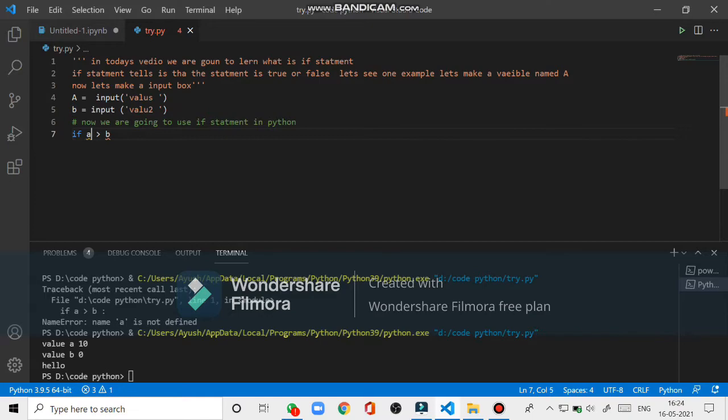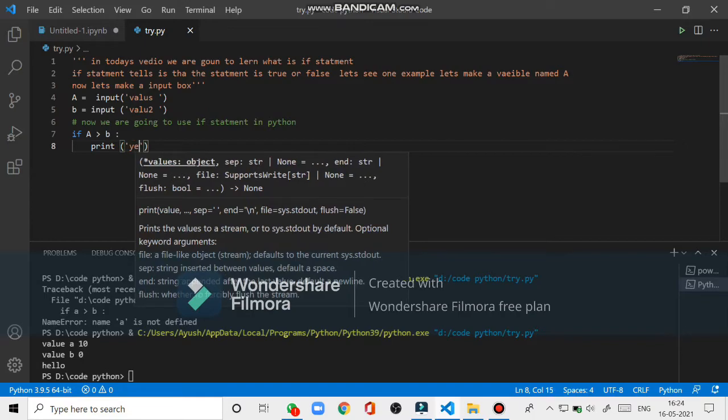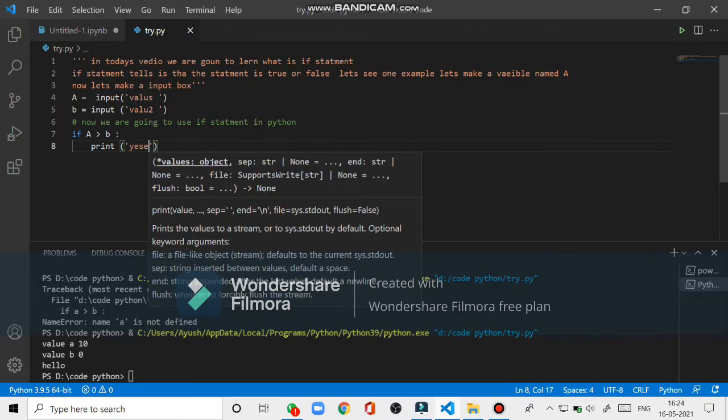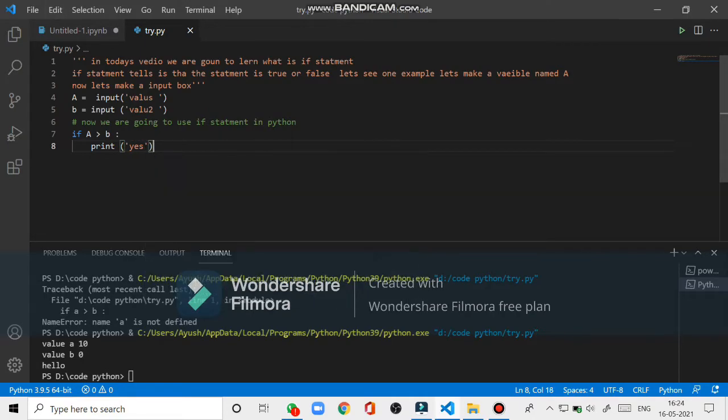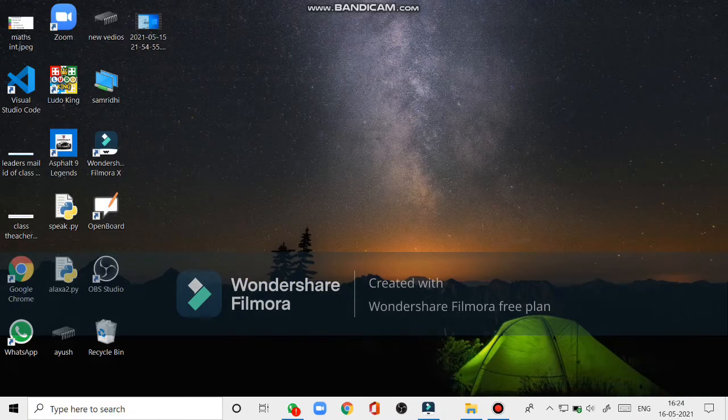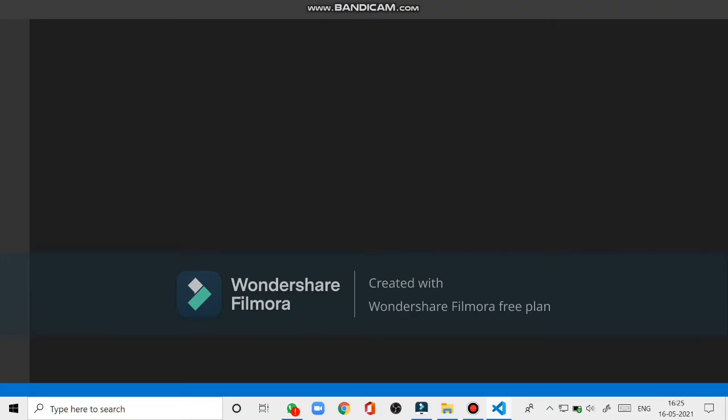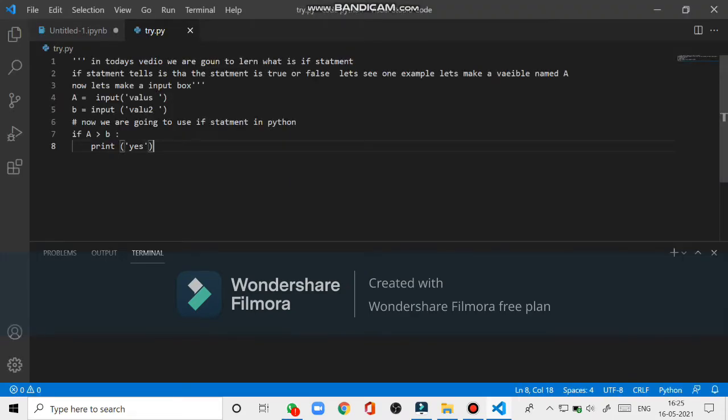You can see I'm using a smaller a, I'll change it. Now we use a colon after b to separate it. So this command says, if a is greater than b, then this print statement will get executed.